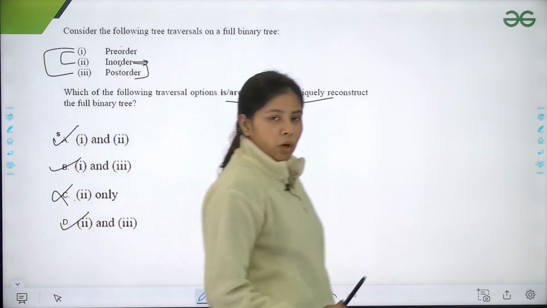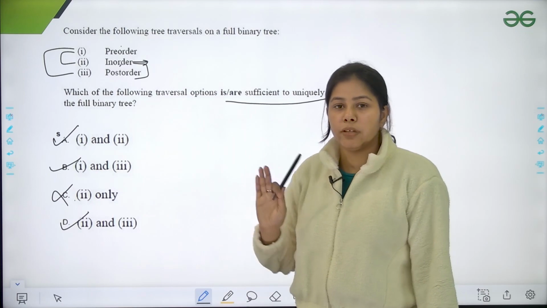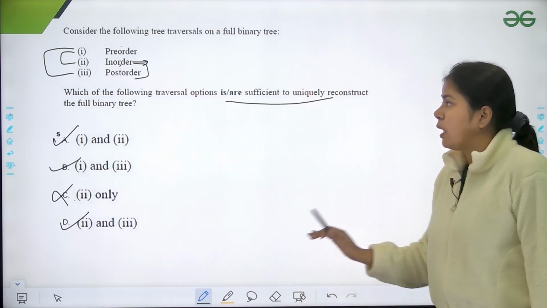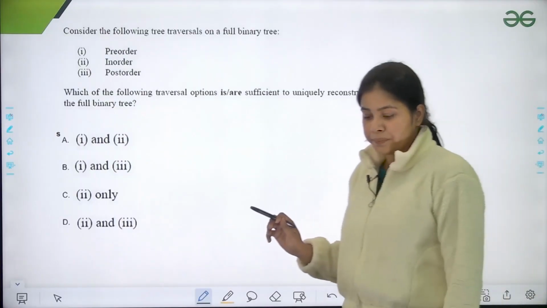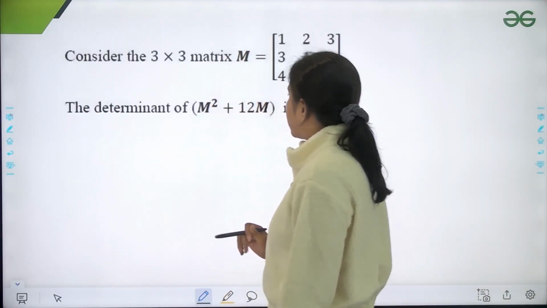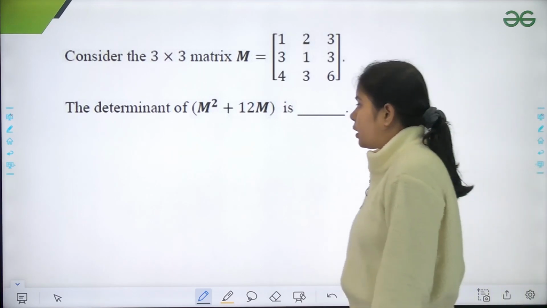So here options A, B, and D are true, but the single in-order option cannot be true. A single in-order traversal cannot help me traverse the full binary tree. Okay, now the next question: we are given this matrix M and asked to find the determinant of M